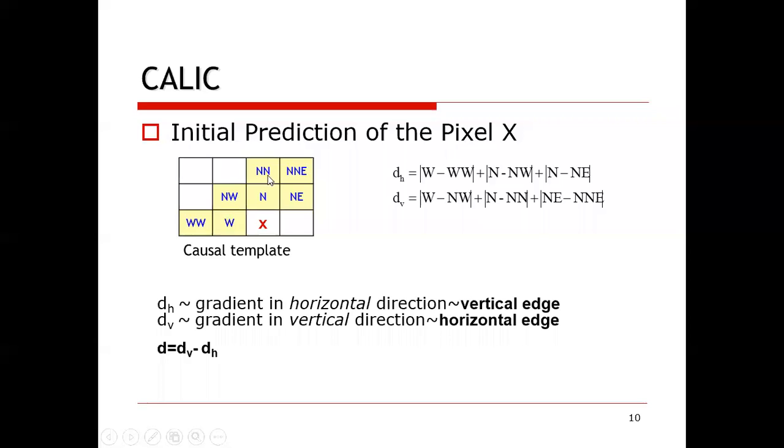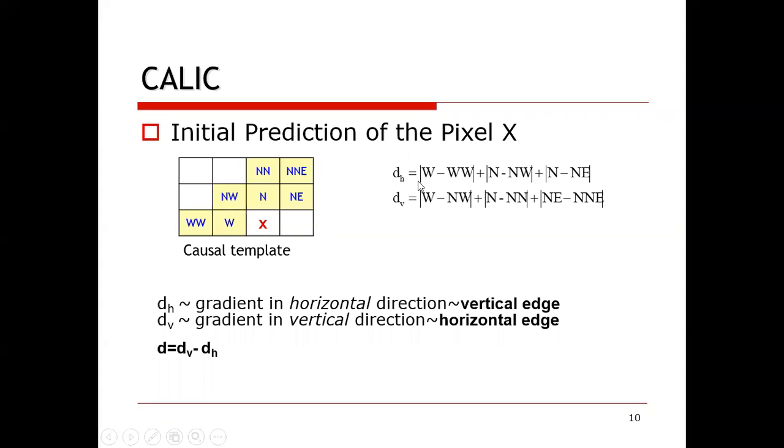These all are the neighboring pixels of the given pixel capital X. These marked pixels, that is W, NW, N, NN, NNE, NE and WW, are denoted as the neighboring pixels of the given pixel capital X. So the first target is to find the gradient in the horizontal direction by using the formula